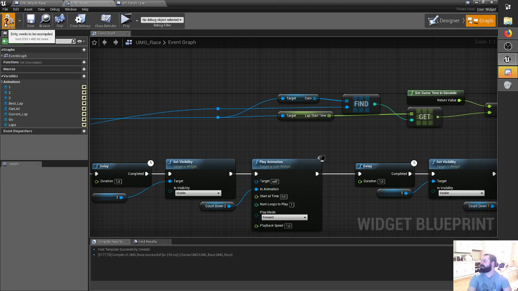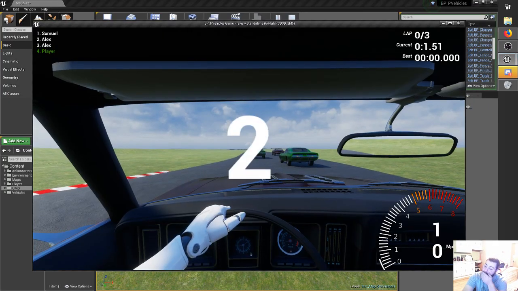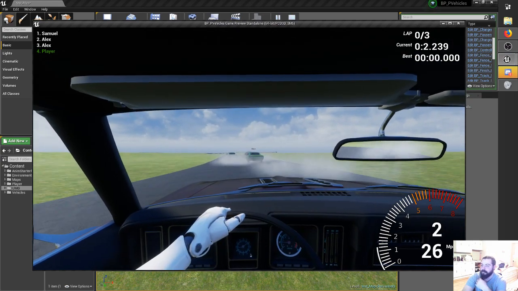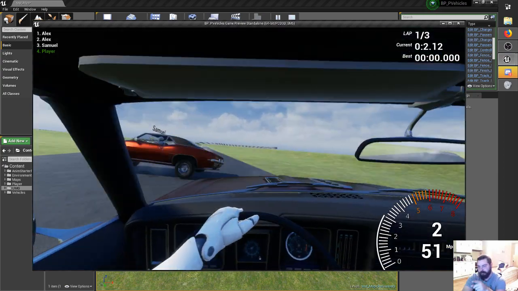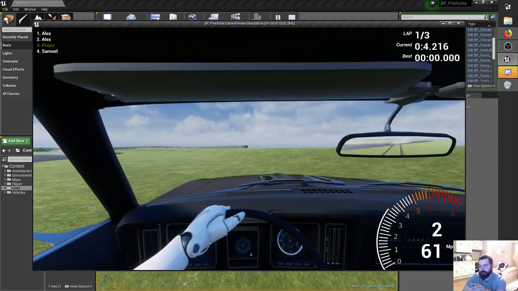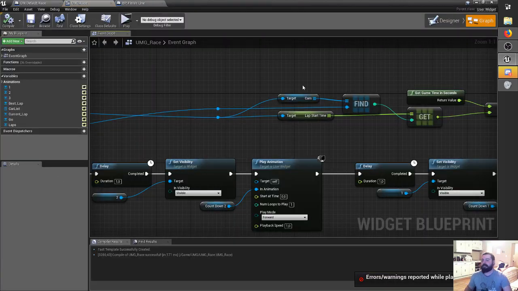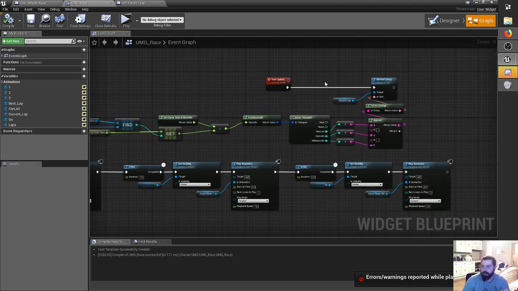Okay, so when I finish crossing the line, it resets, like it should, of course. So that works properly. Now I just need to be sure I don't do any of this